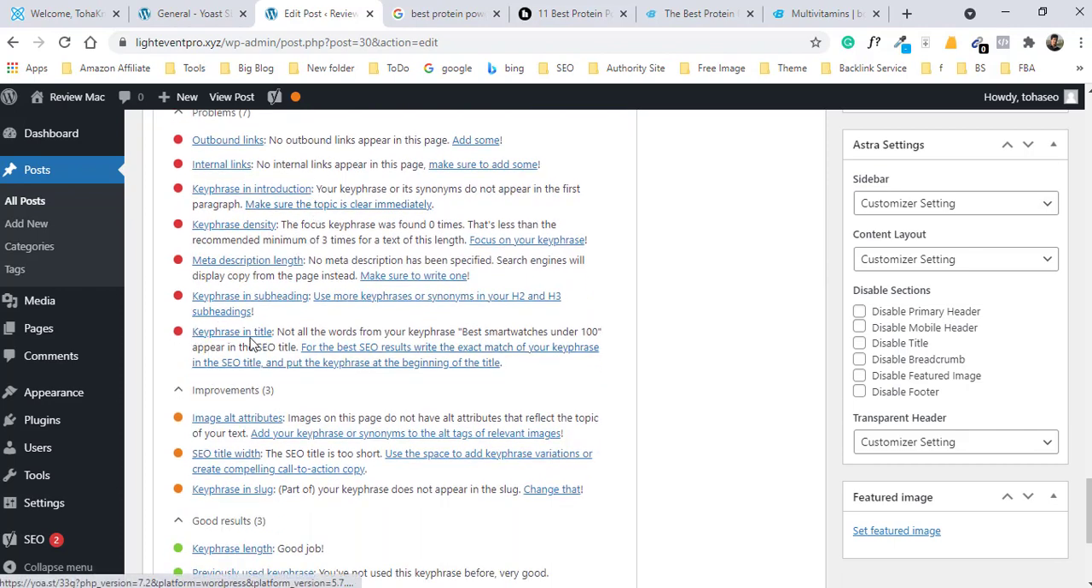Mainly, never stuff your keyword. Using a keyword too many times is very bad nowadays. So you can use